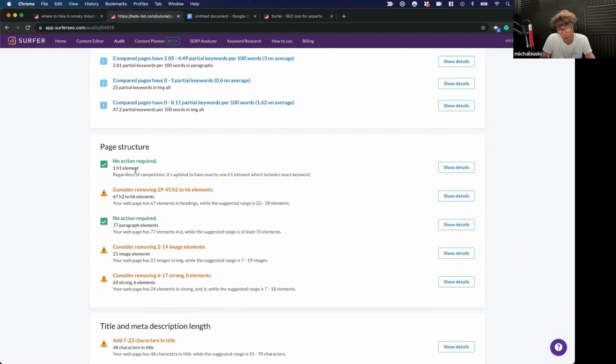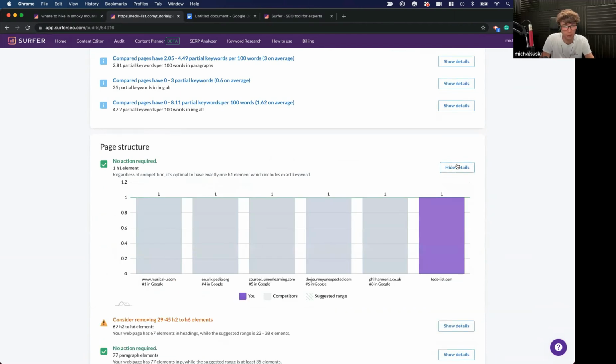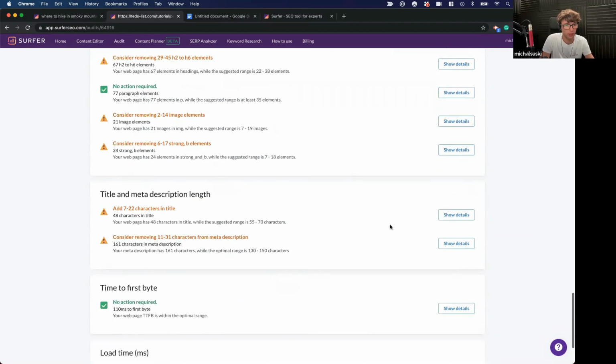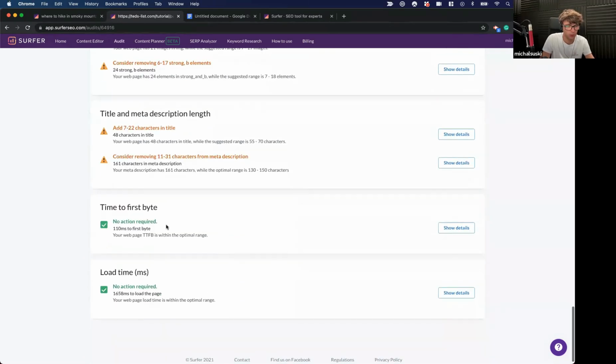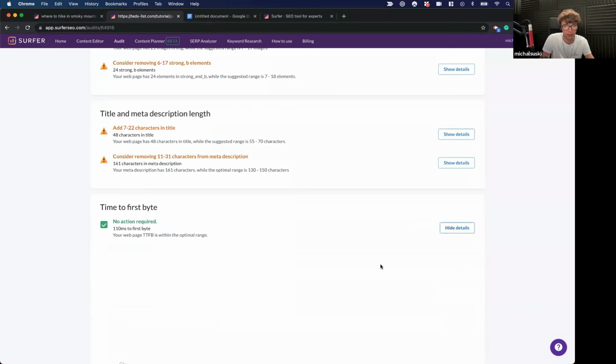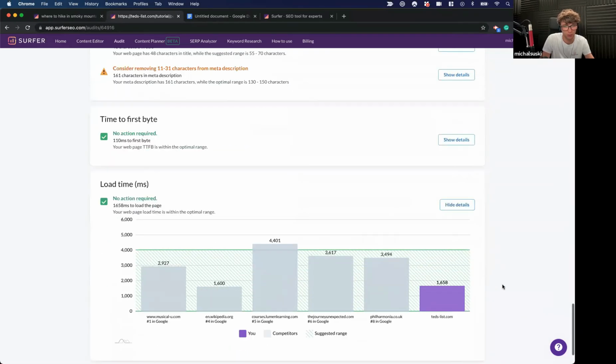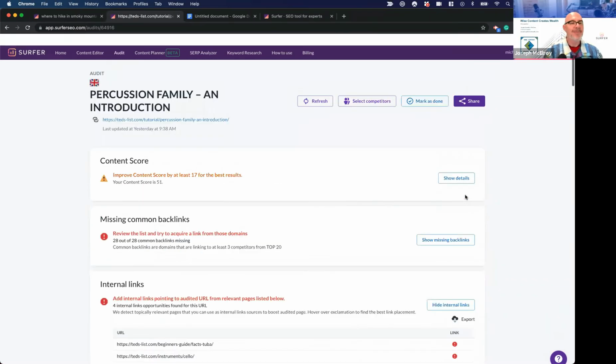A single H1, that's a good idea. 67 subheadings, so it is an overkill in this situation, like the title and description and the page speed. So the page is super fast and it loads in less than 2 seconds, so that's one of the best results in the top.